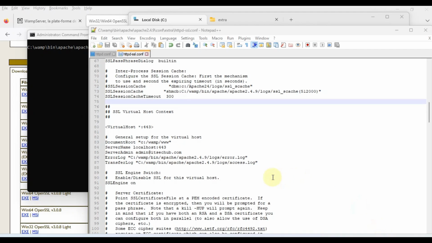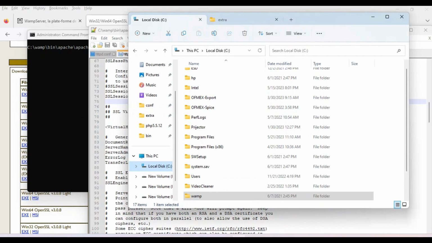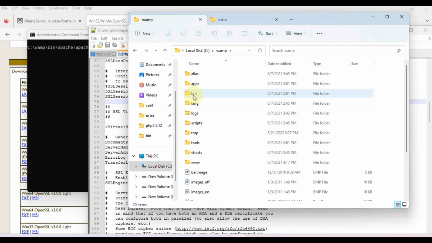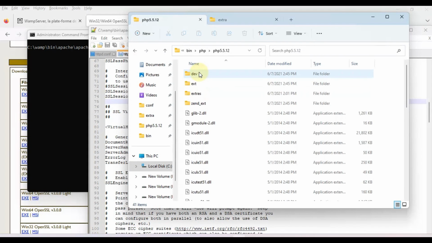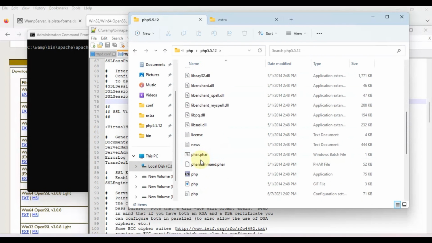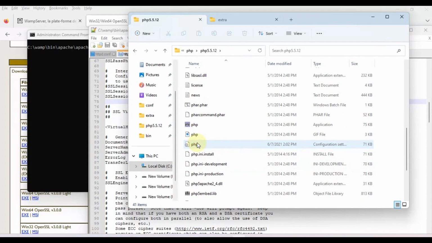So there's another file that you need to modify, that is the php.ini file. The php.ini file is inside the WAMP directory. So you go to WAMP, then go to bin, then go to php. Inside the php folder, you can find the php.ini file. So you can open it